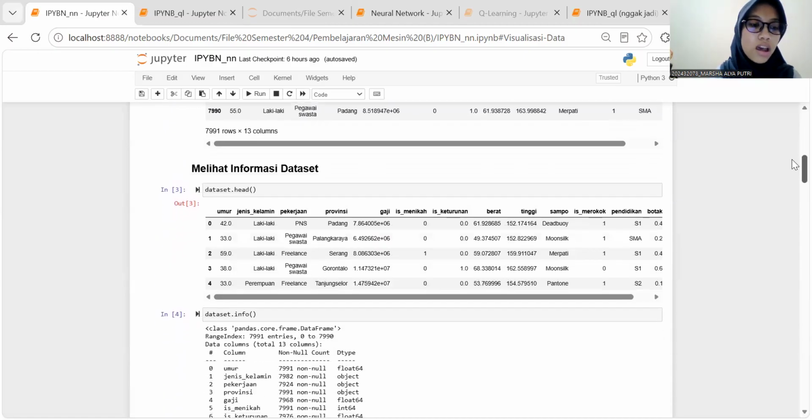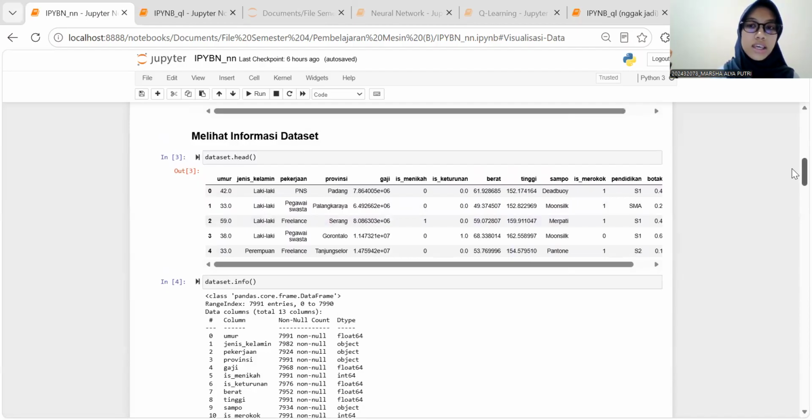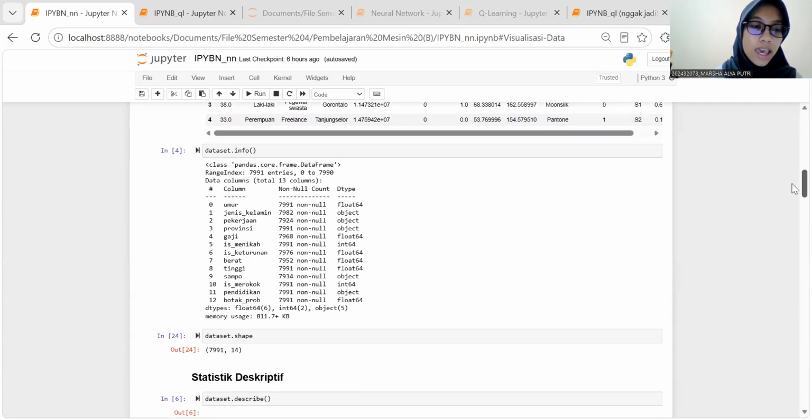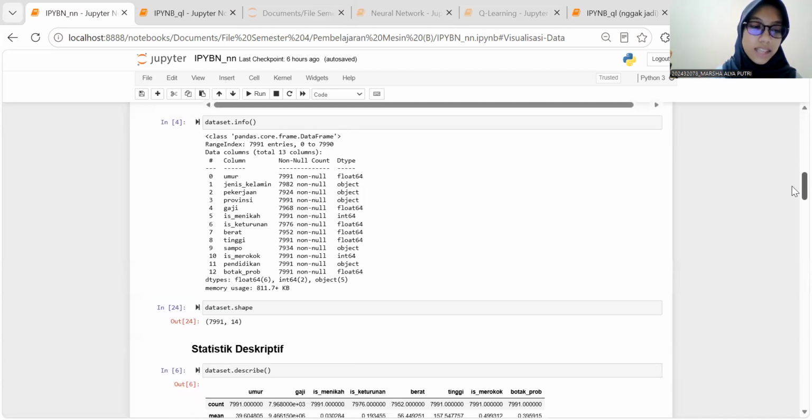Before building the models, we first explore the dataset. We use head to display the first 5 rows of the dataset. Then info is used to check the data types and identify whether there are missing values. Shape shows the number of rows and columns in the dataset.